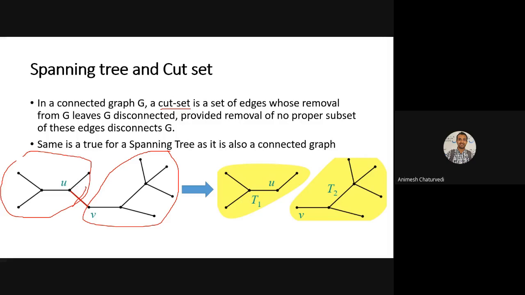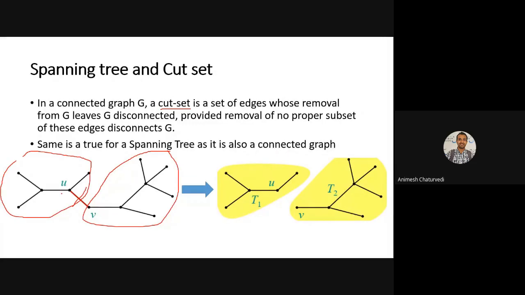If there's a set of edges, and any of the edges is removed, then that graph will be disconnected. So this is also true in the case of a spanning tree. The example that we are seeing is an example of a spanning tree, because a spanning tree is also a kind of connected graph.